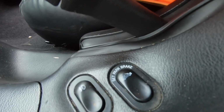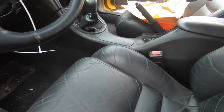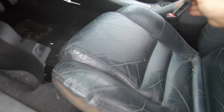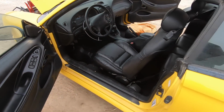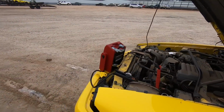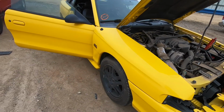Set parking brake. Oh, we've got the convertible top button. I'm not giving up on her yet. And if anything, I don't think it's a horrible buy at $14.85 out the door. Could have done better. Could have done worse. But at the end of the day, I'll have to run a Carfax on it,